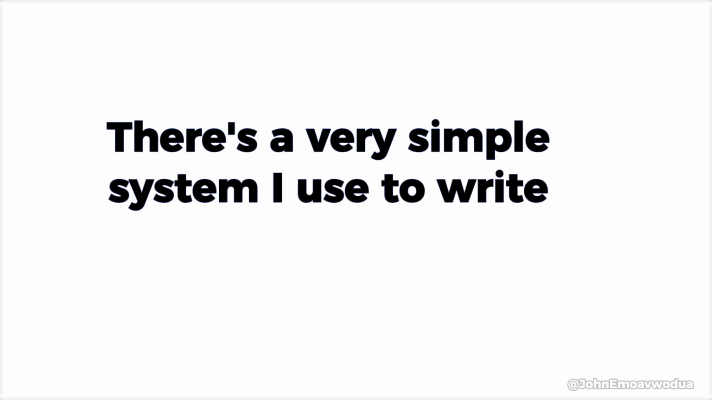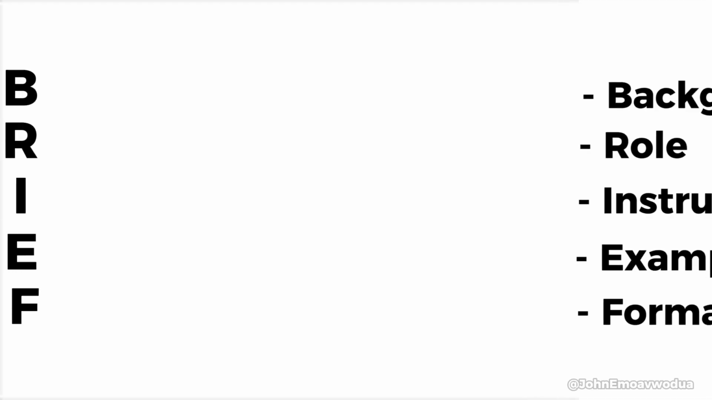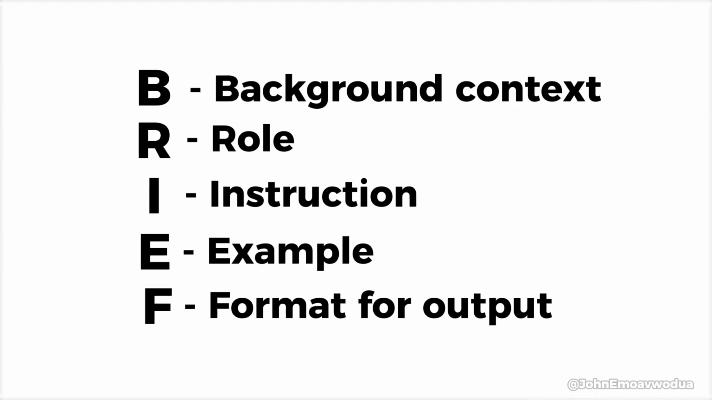So there's this very simple system that I use to write the best prompt. It is called the BRIEF system. And let me explain each of these. Then I'll walk you through how applying each of these can transform your prompts. Background context, that's what B is. It simply means giving the AI software some background about what you want to do. This is helpful if there are some nuances or some additional information that the AI software will use